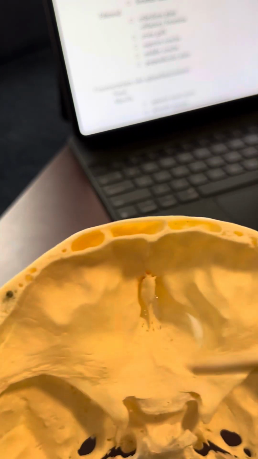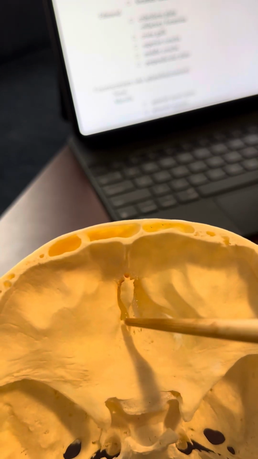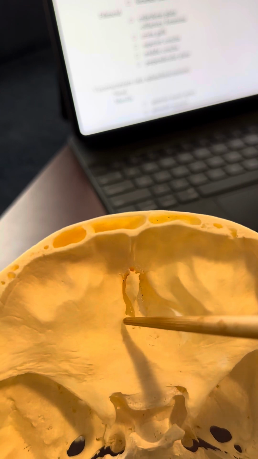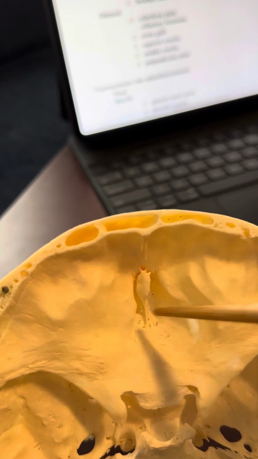So if we have a cribriform plate here, which is also called the horizontal plate because it runs horizontally,